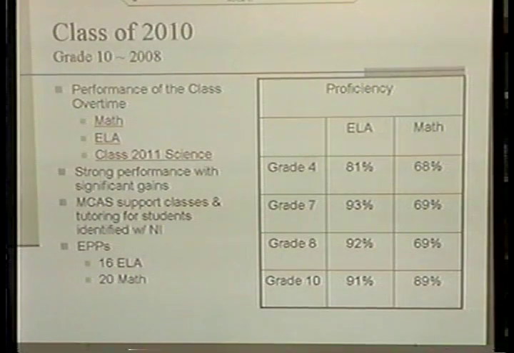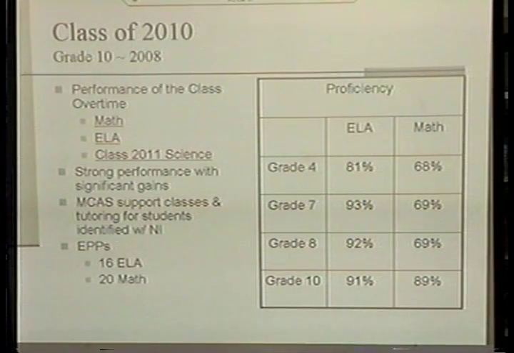This is what I spoke about a little bit earlier in terms of looking at classes over time. This year's class, last year's 10th grade class, this year's 11th grade class, or the class of 2010, if you take a look at their performance, I just found it was very interesting, and again, I think we learn a lot more about what we're doing with a particular group of kids. They were fairly consistent, always making gains in ELA, and then really skyrocketing in mathematics. And I know, Mel, you had mentioned before that 60% advanced in math in the 10th grade.